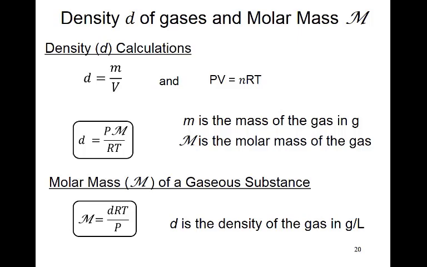Here P is pressure, M is the molar mass, which you can calculate from the periodic table also, and R is the gas constant. You must remember that it is 0.0821 liter atmosphere per mole Kelvin. T is the temperature in absolute or Kelvin. This equation is derived from two fundamental equations: the definition of density, which is mass per unit volume, and PV equals nRT, the ideal gas equation. You don't need to derive this relationship here, but just know that this is the final relationship between the density and the molar mass.